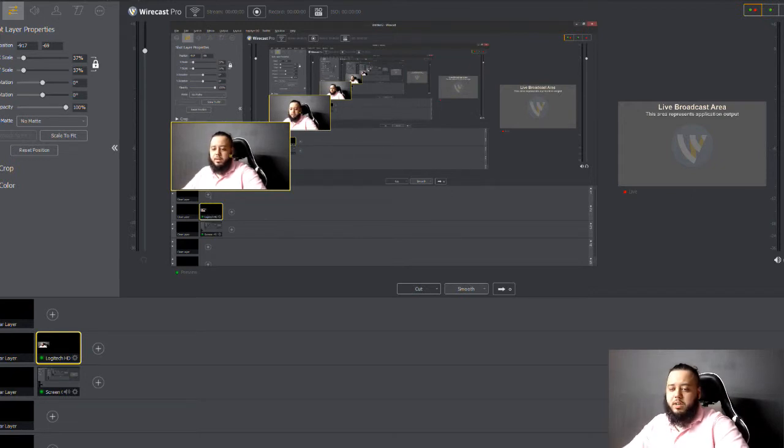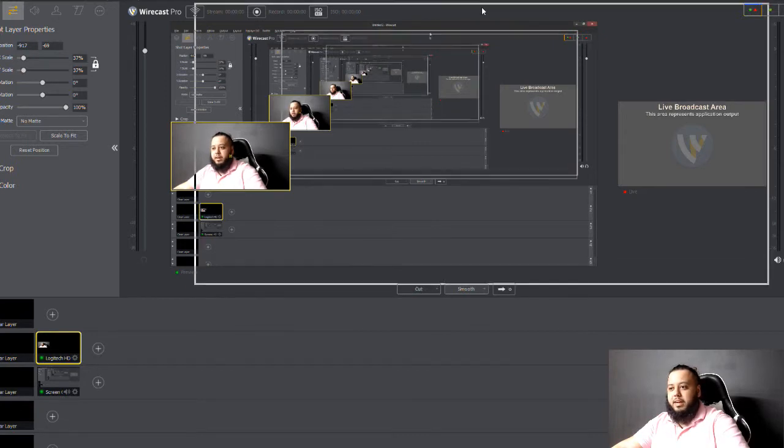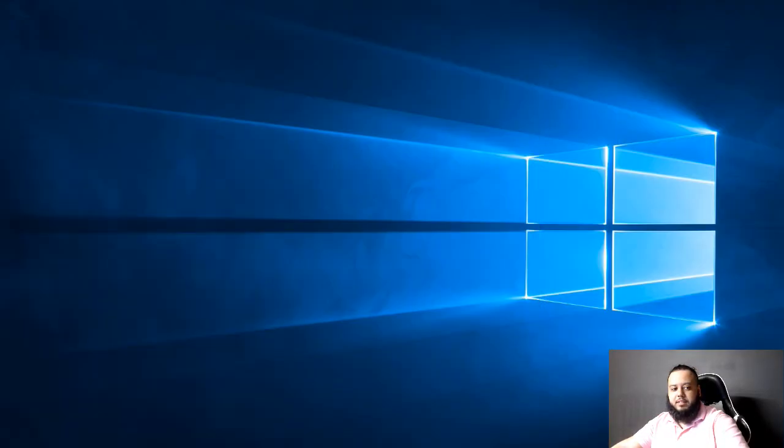What else do you need to know? So I have two screens. If you have one screen, this is basically all you have to do. And then when you press stream, the game is going to be in the background instead of Wirecast. But if you have two screens or more, like I do, then you get the Wirecast screen and you place it here to the left, and that way you have your screen dedicated to the game or whatever content you're showing, and you have the other screen